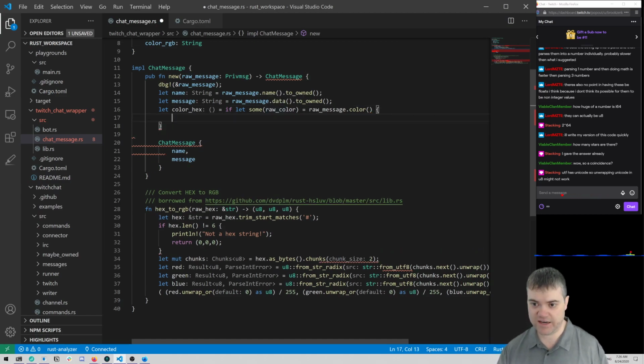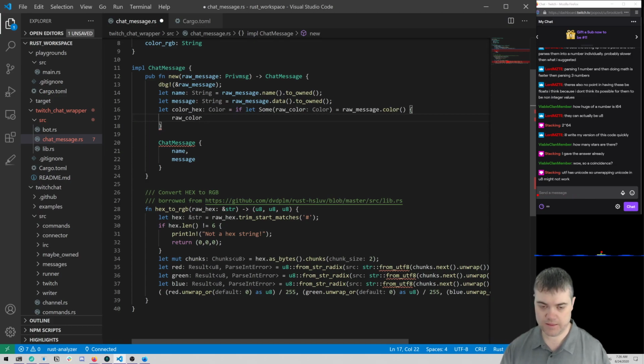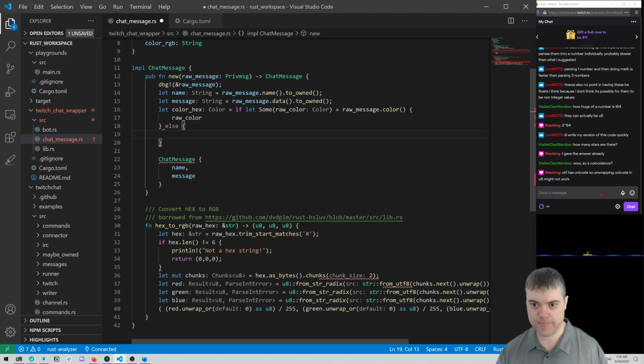Okay, so if we find the color here, then go ahead and return the raw color, but else, if there's nothing at all, I want to return, I think, black to stay consistent with this one.